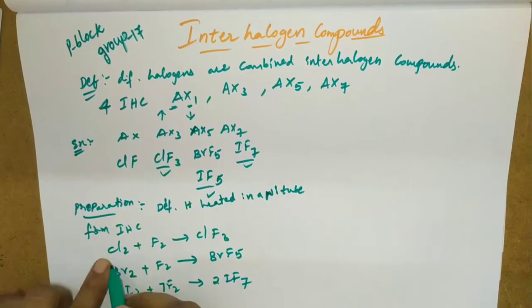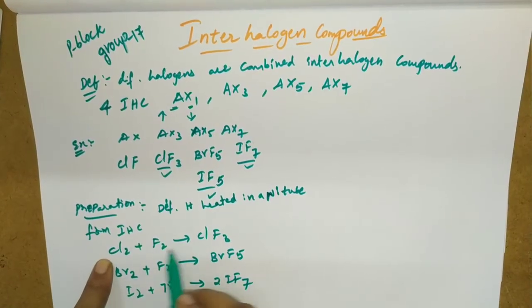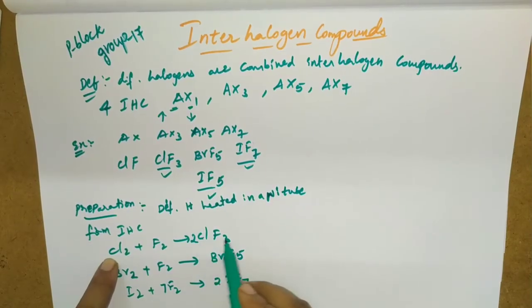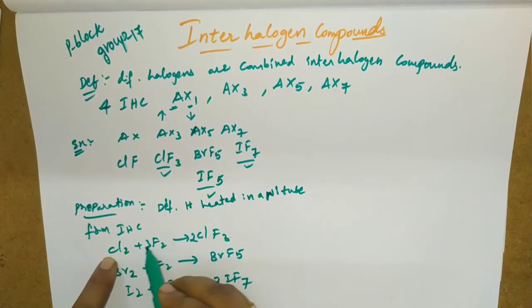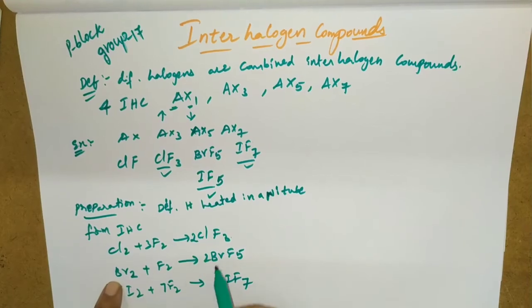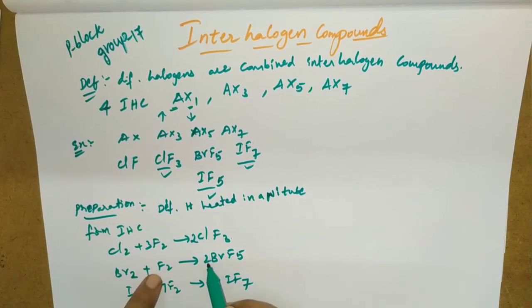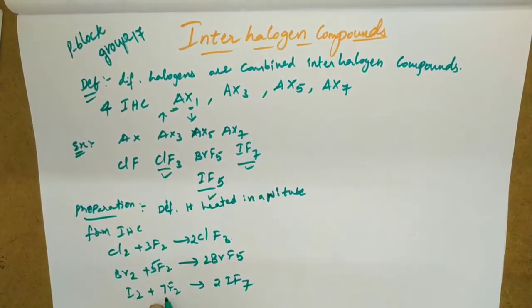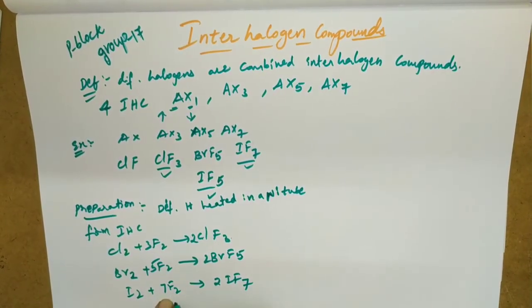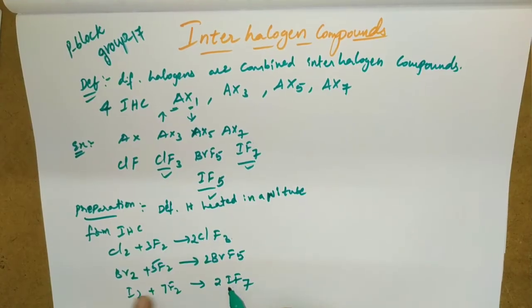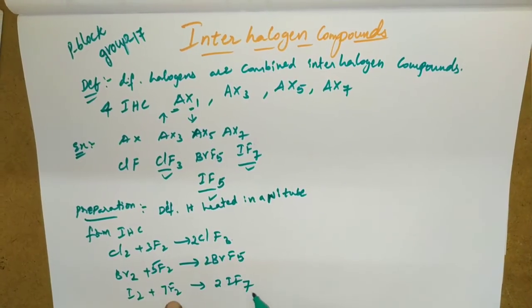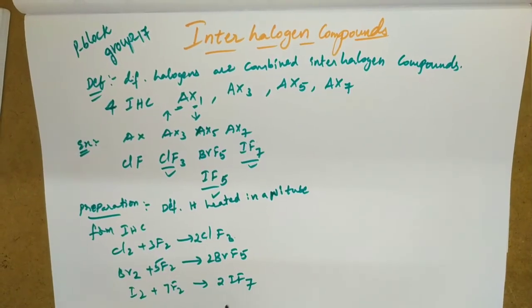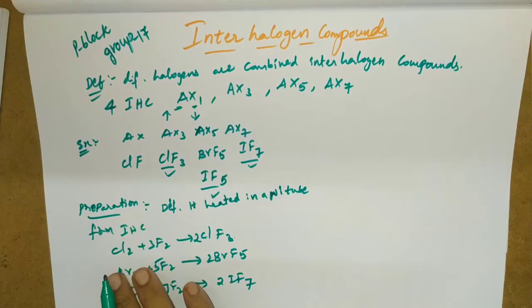IF7. So here is the balancing of the equation. This one is not balanced. Chlorines are 2, but here chlorine is just 1, so take 2 chlorines. Here 2 3s are 6, 3 2s are 6. Bromines are 2 here. So here 2 5s are 10, fluorines 5. Iodines 2, 7 already. So 2 iodines, and 7 2s are 14, 2 7s are 14. This equation will be balanced. So this one is about chlorine and fluorine.